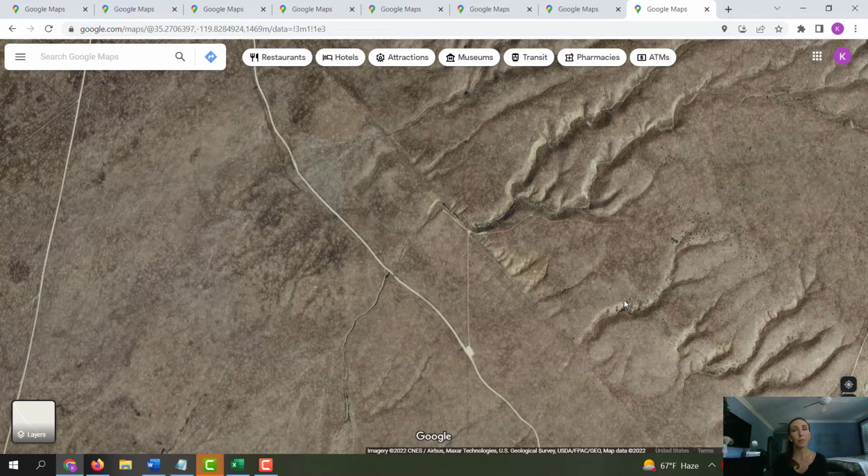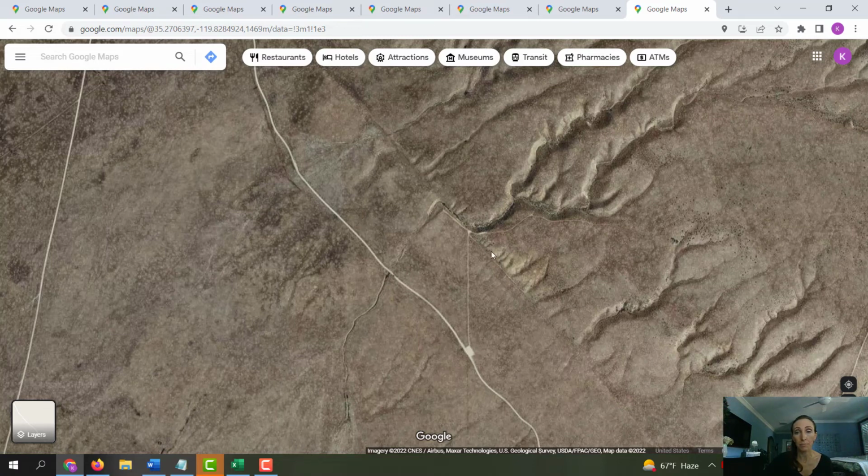And so now let's talk about trying to find a transform plate boundary. So this can be a little more challenging. There really aren't some of these features like trenches or volcanic mountains to look for, but often we look for offset features because remember, a sliding motion is occurring. So here I actually have this stream that's coming down, and you'll see it meets our linear feature here, which is a